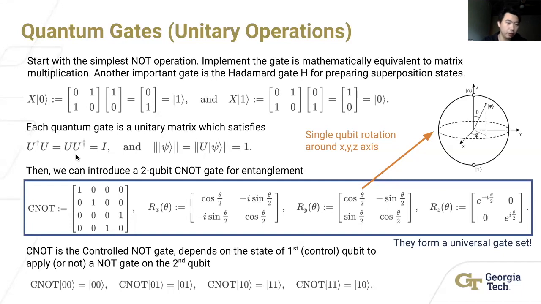Dagger means you transpose that and take the complex conjugate, and this has to be identity. So physically, that means every circuit you're running has an inverse directly. You can just run the circuit backwards from right to left and convert all the parameters inside. You put a minus in front, and that's the inverse you can have. Also, another